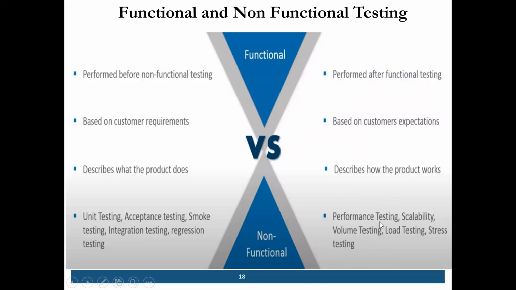So different types of tools are there for testing all these things. Non-functional testing, one more thing is, cannot be tested without a tool, right? Unit testing and acceptance testing can be done manually as well as by a tool, but performance testing, or non-functional testing, cannot be performed without a tool.